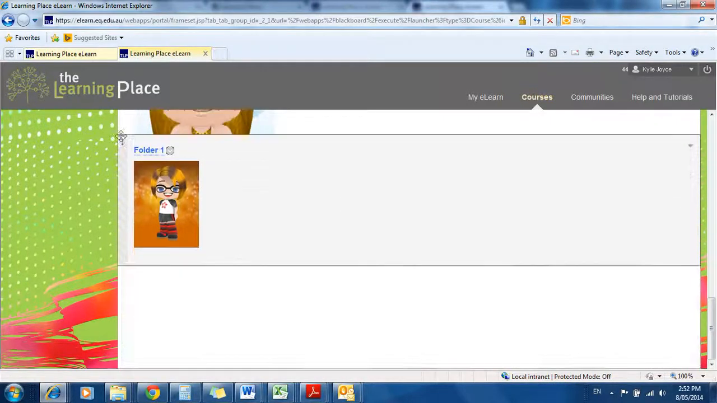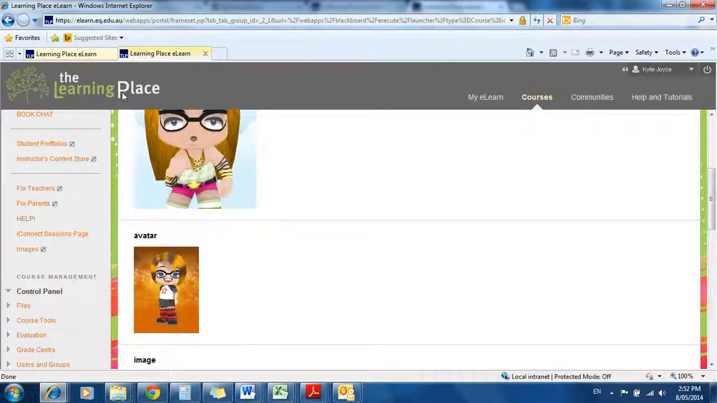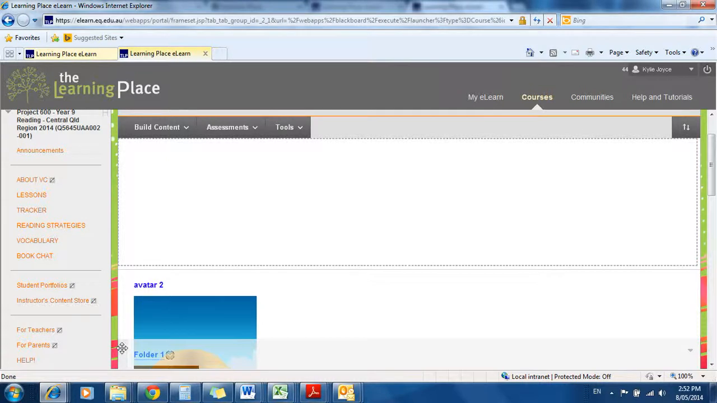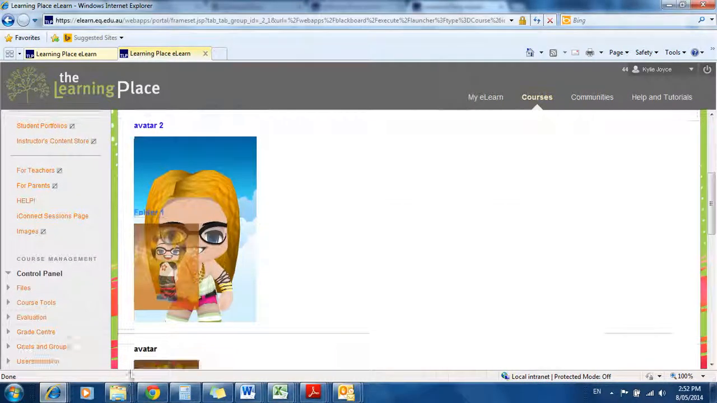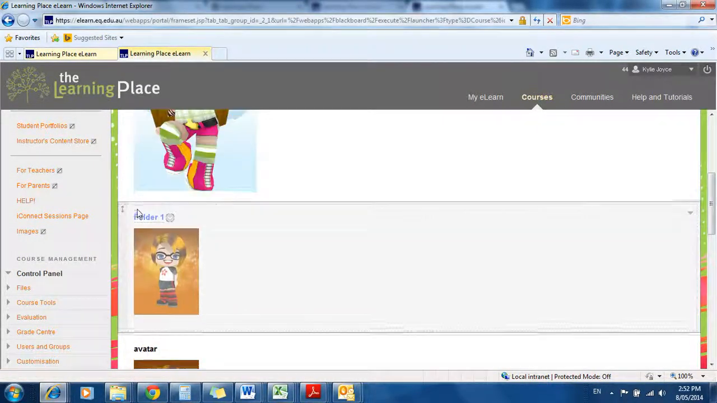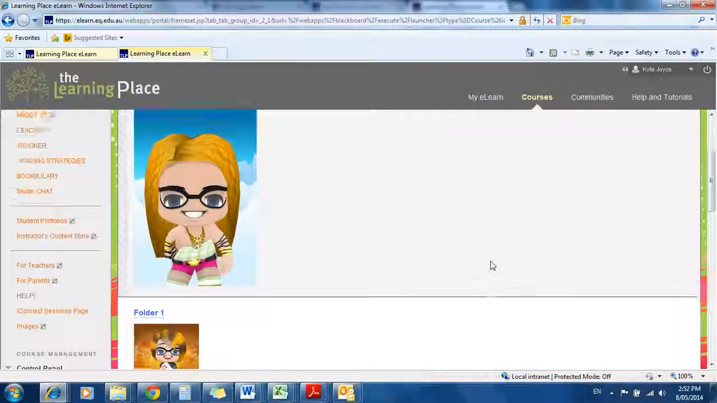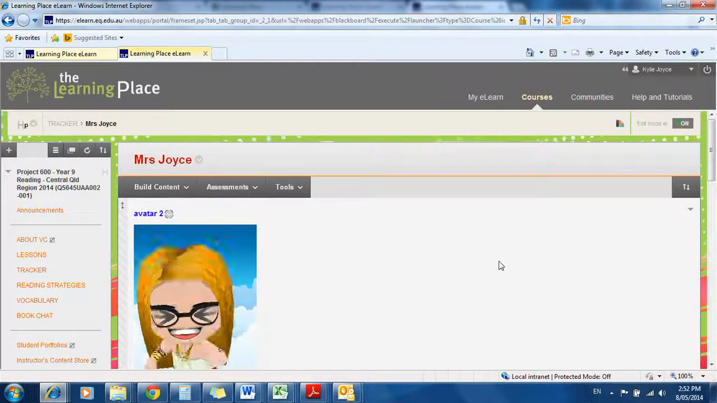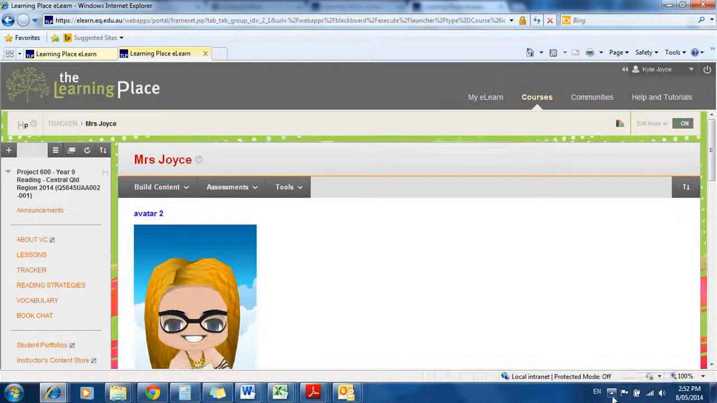I'd actually like to have her closer to the top. She can be the second in line. Drop it in there. And we've got several different ways of adding images